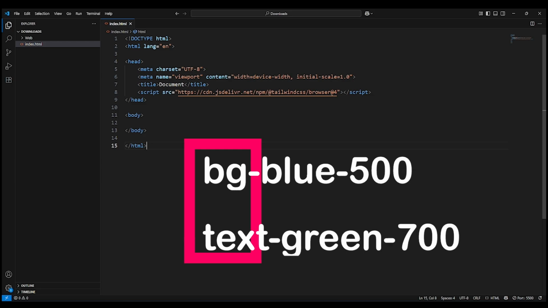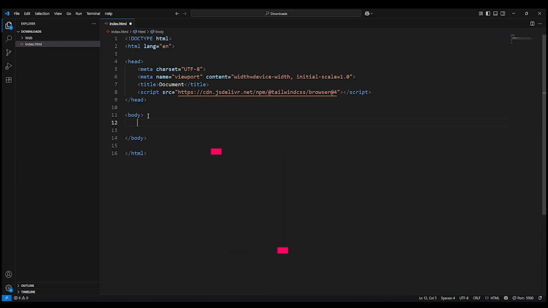We've done some examples in the last lecture, but I'm gonna make a simple paragraph, and on it we're gonna add a class. And on the class we're gonna take text red 500,